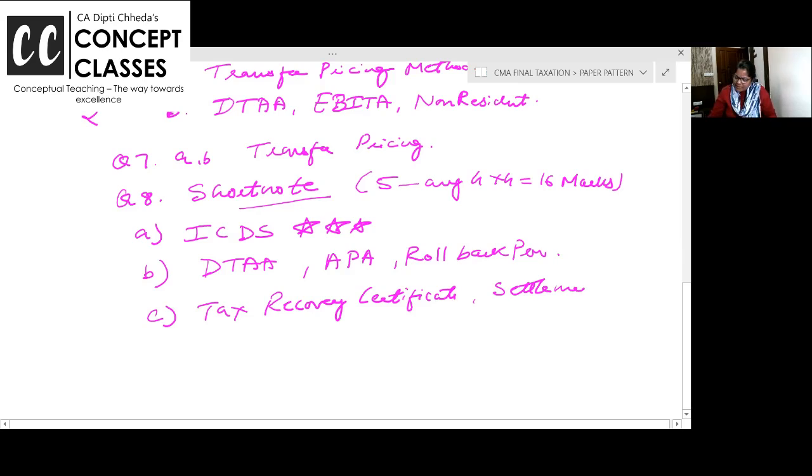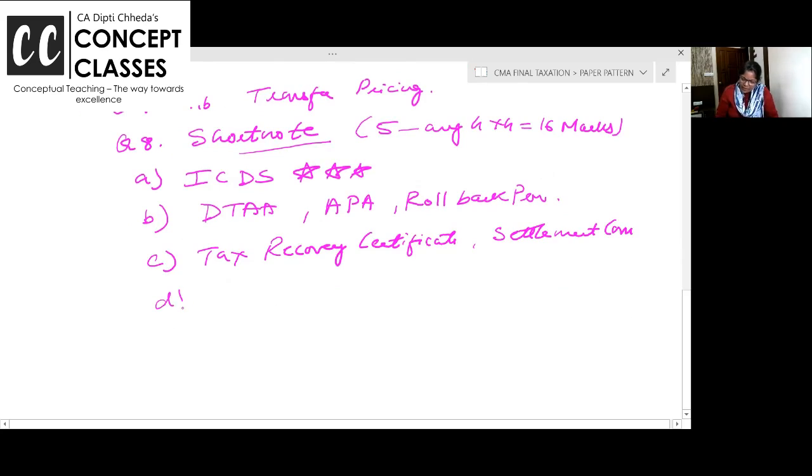Then we have settlement commission related provisions. Advance ruling. So like that, small topics are asked. And weightage wise, there is a lot of repetition. So impermissible